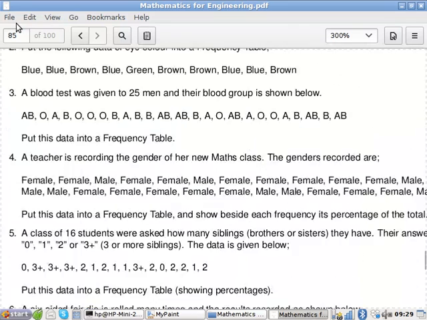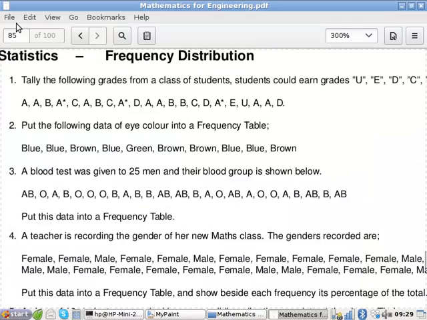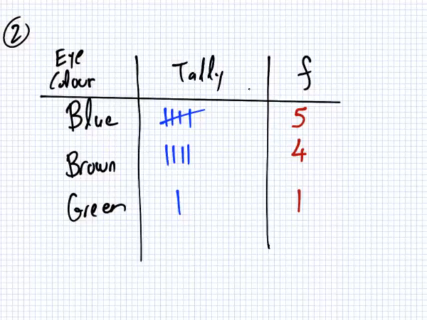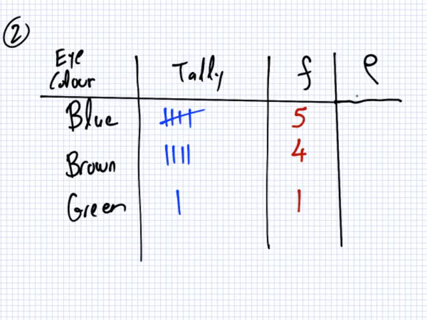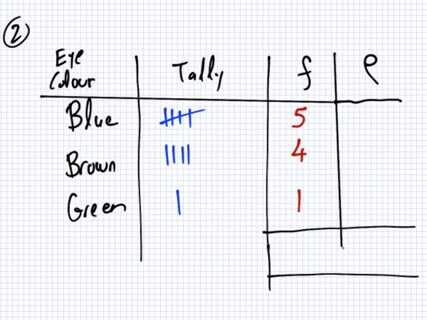Okay, now, just before we continue, there is another thing you can add into your tally table. Something called the relative frequency. And it's just the frequency but as a percentage of the total. So if I just total these up at the bottom here, this totals up to 9 then. No, it does not. It totals up to 10. Which makes it nice and easy to change these into percentages. That's all a relative frequency is.